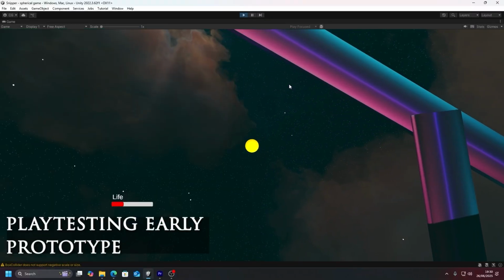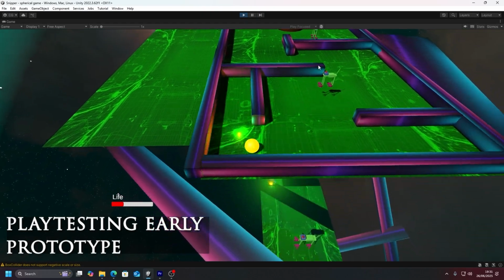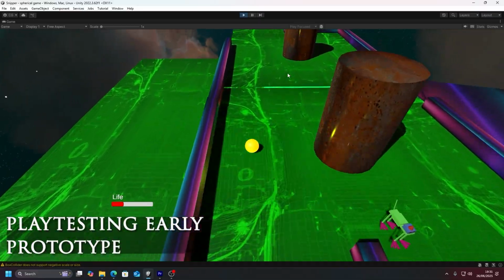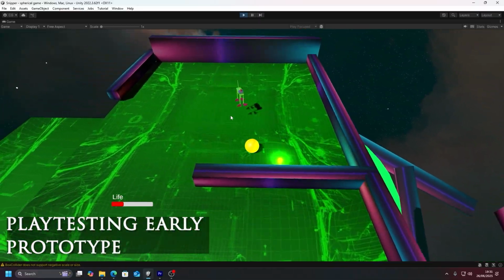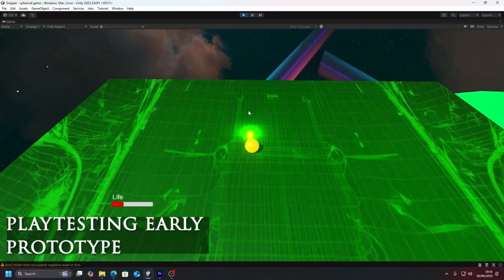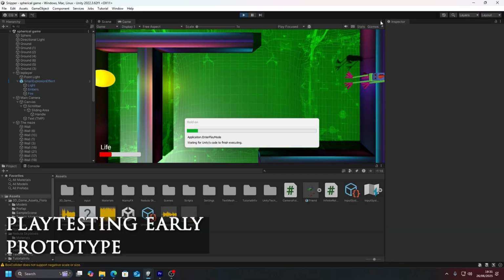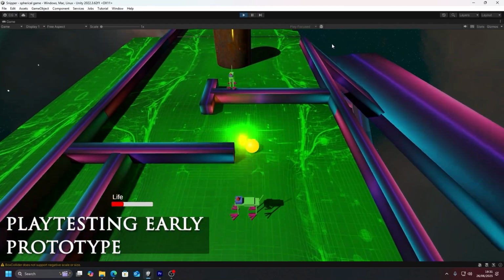So there was an interesting dynamism, I think, starting to develop here, but it still needed a lot of balancing, and it was less refined, I guess, than it got later on, even though obviously it still needs a lot of work. But the basic mechanics were in place here for the actual game play loop with the enemies following you around.